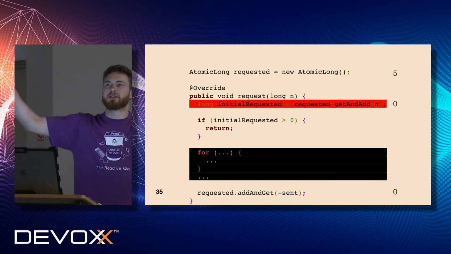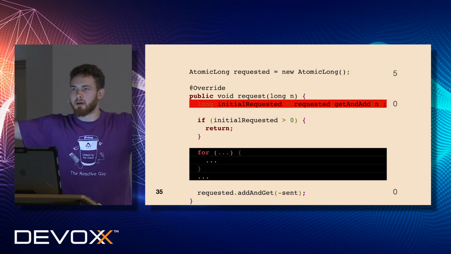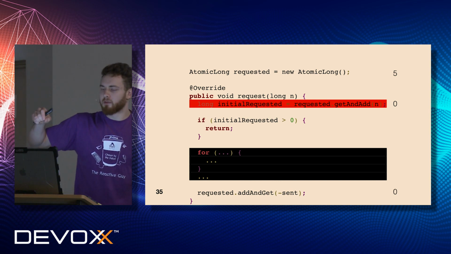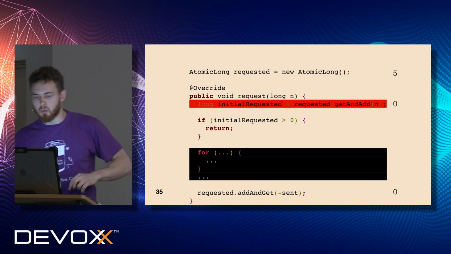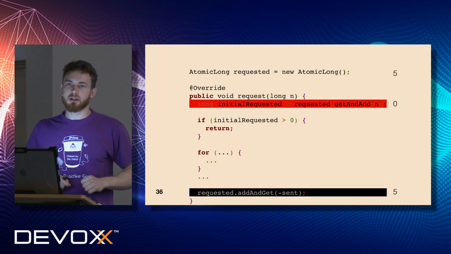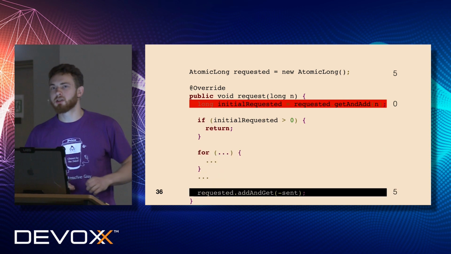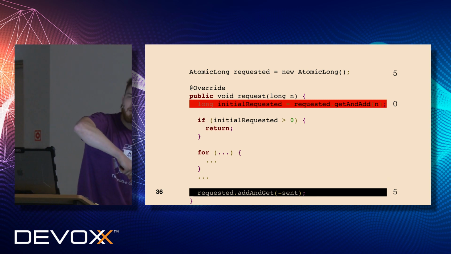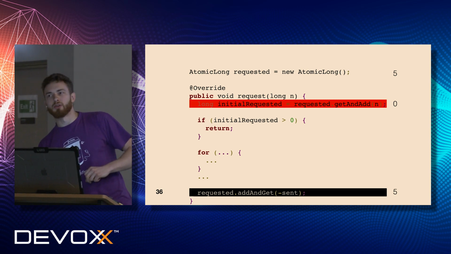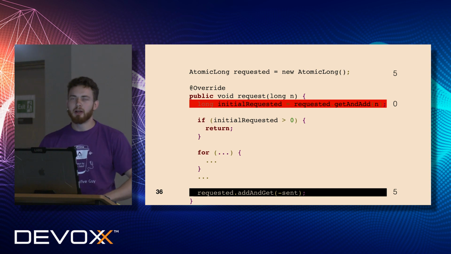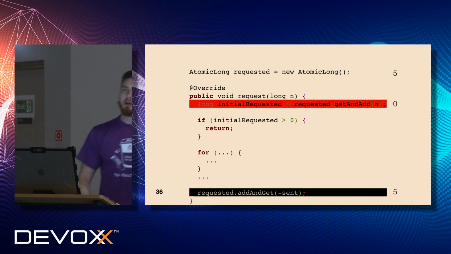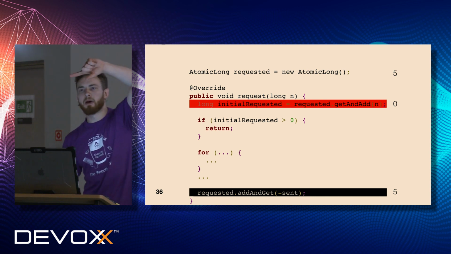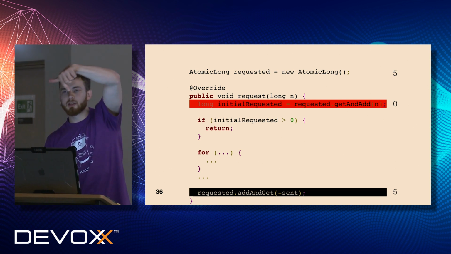Now we have 2 threads, the black one and the red one. But everything should be fine if the black one continues to work, but just consider a corner case. Just imagine that one thread just entered, and the black thread is exiting execution. So he is trying to decrease some number of elements, while the other is trying to increase or add a few elements to the requested field.